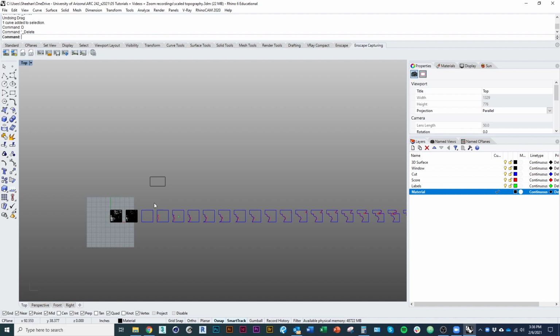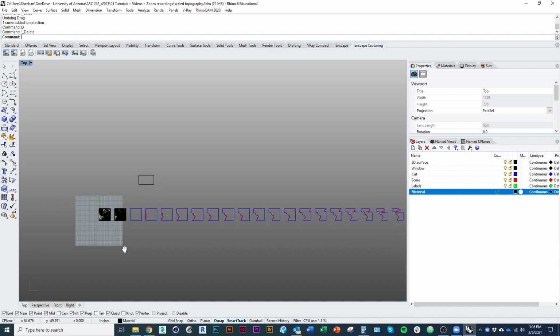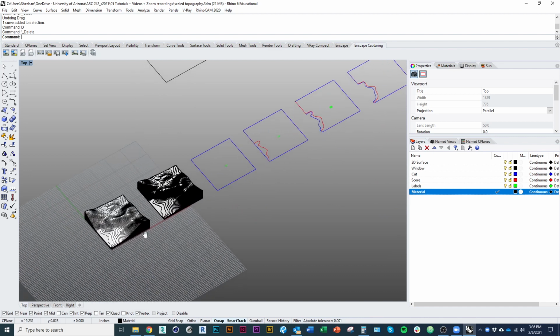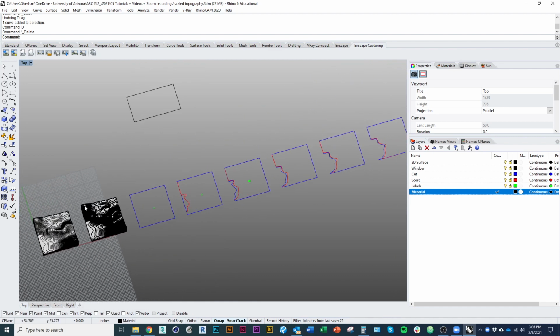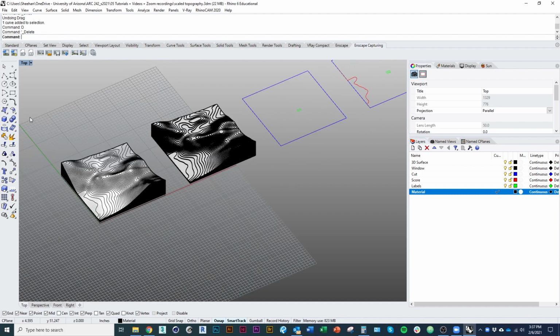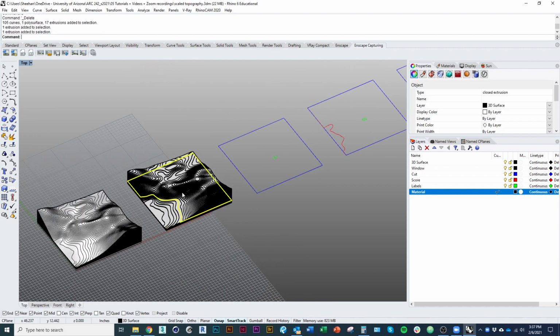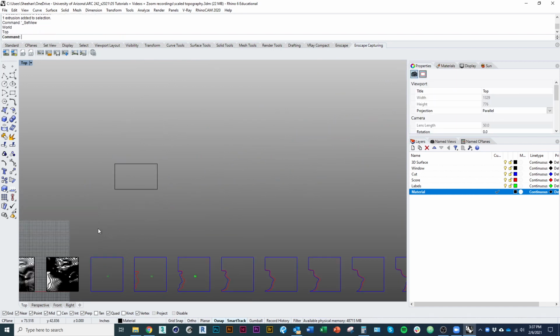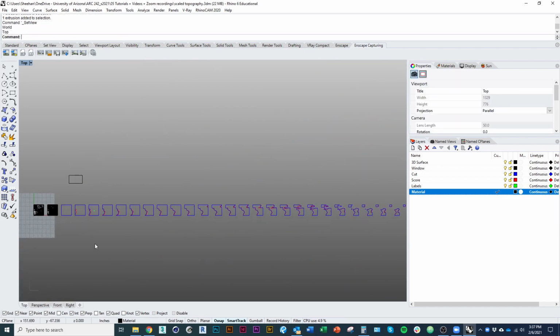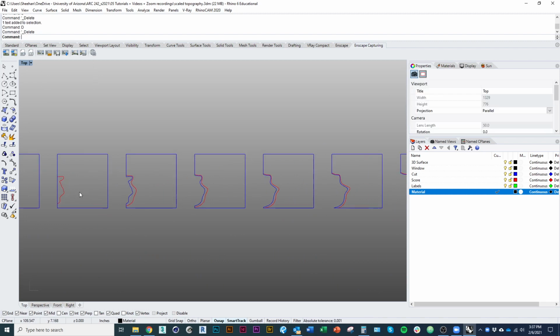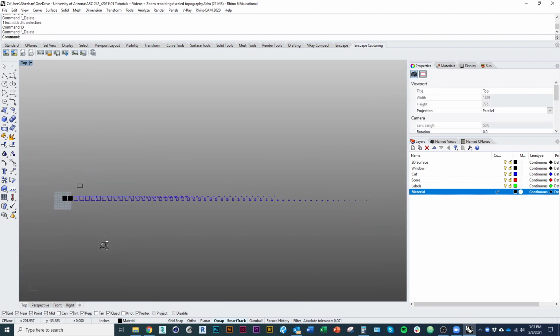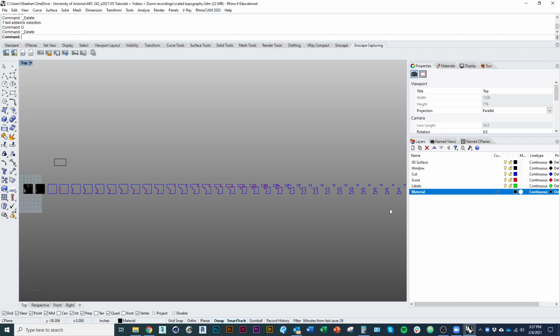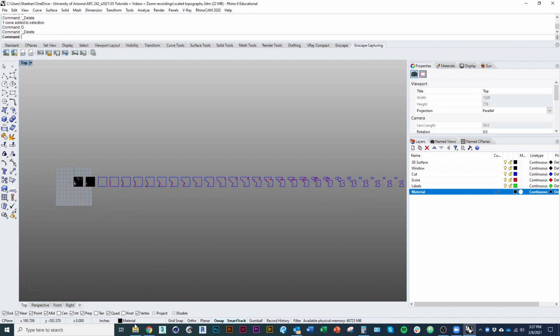Okay, so that's the extent of what we'll ask of you in this tutorial. What we want to see will be the 3D model of the surface, the steps, and then the cut file. So this will be the Rhino file that you submit. You don't have to label everything; that seems like an unnecessary use of time. But we want to see all the cut pieces laid out like so. So you'll submit this Rhino file, and then please also submit